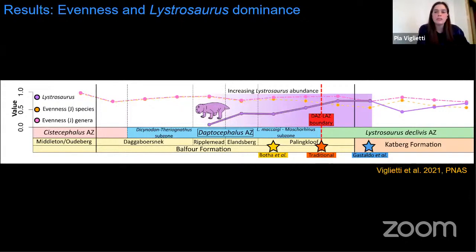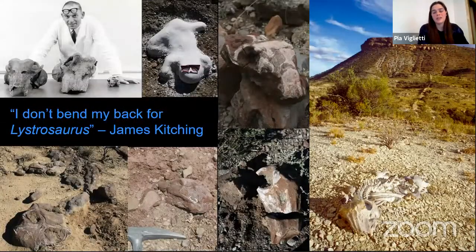Another interesting result relates to the therapsid Lystrosaurus. High Lystrosaurus abundance is well documented in the Lystrosaurus declivis zone. However, our data, the purple lines, show that Lystrosaurus achieved high relative abundance in the upper Daptocephalus zone and before the main extinctions. And this may be an underestimation, given the hesitation even from prominent fossil finders like James Kitching to identify